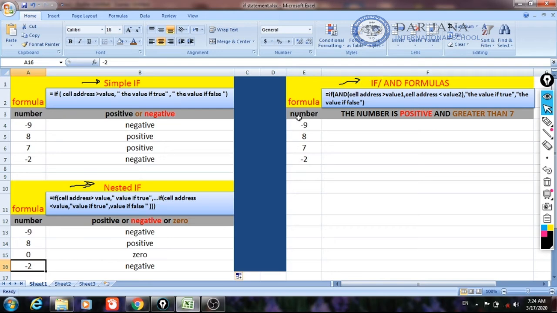For example, if we have a group of numbers here like -9, 8, 7 and -2, and we want to find the number which is positive and at the same time greater than 7, we can add the logical AND